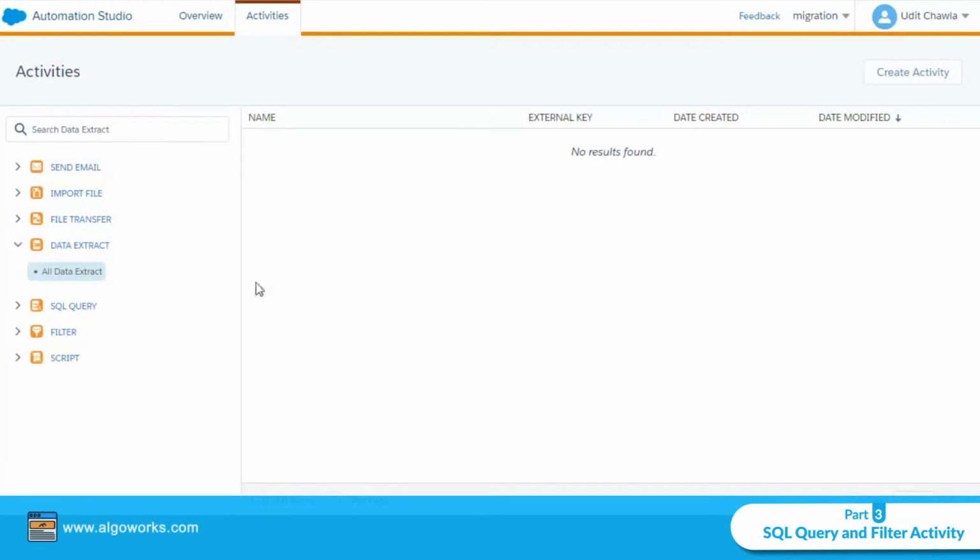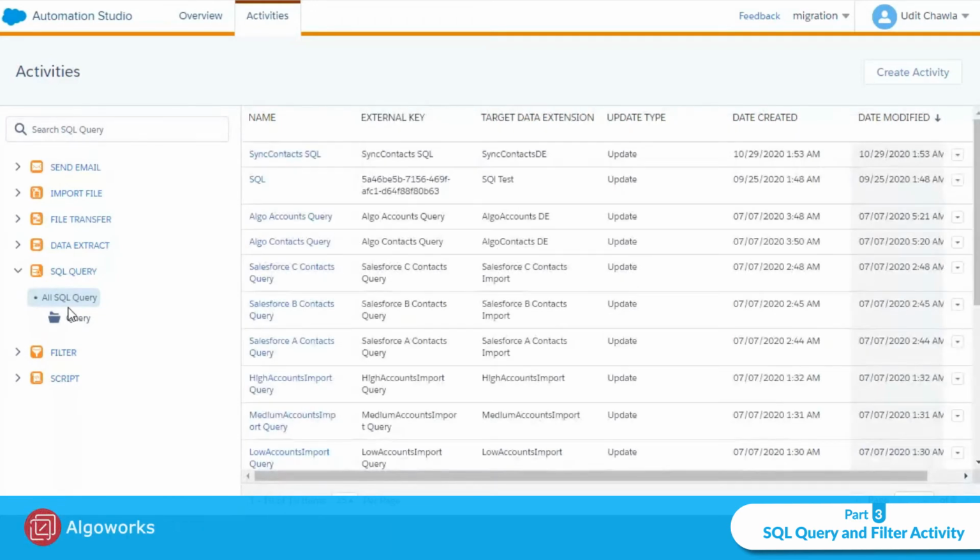Now this is the SQL query activity, which is very useful for us and majorly used in Marketing Cloud. What the SQL query does is it works like our other SQL queries.